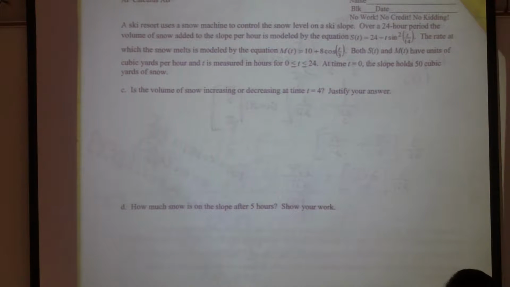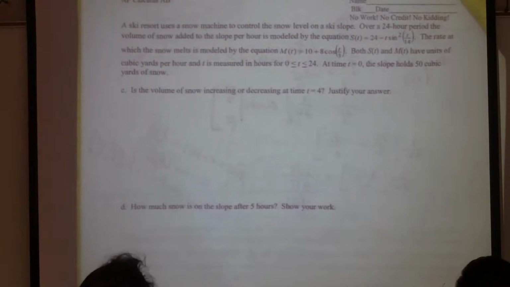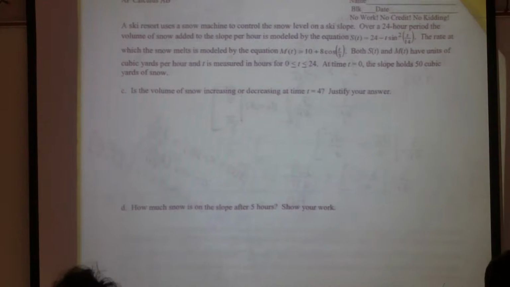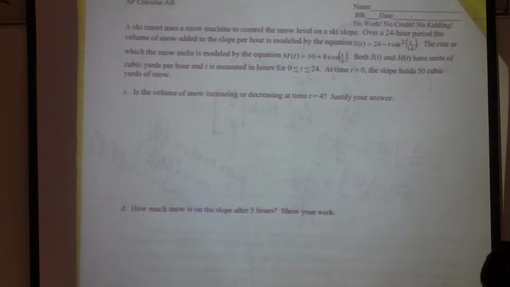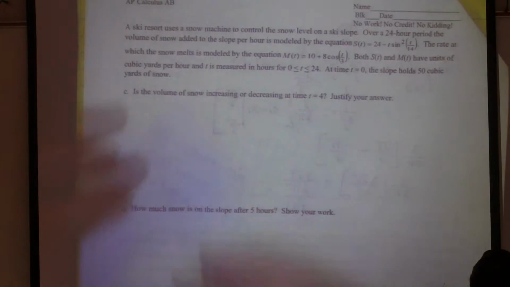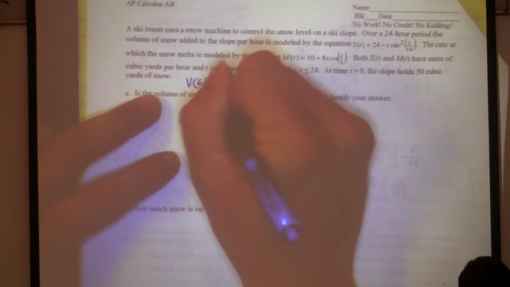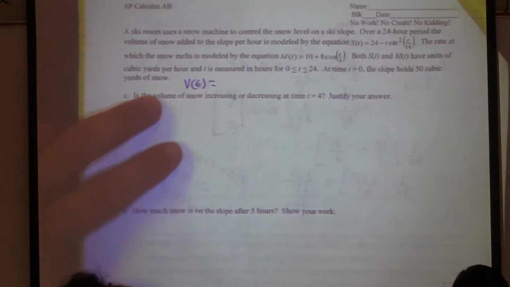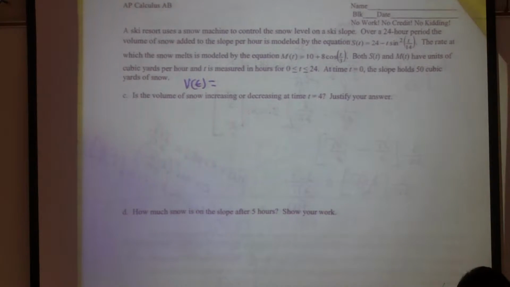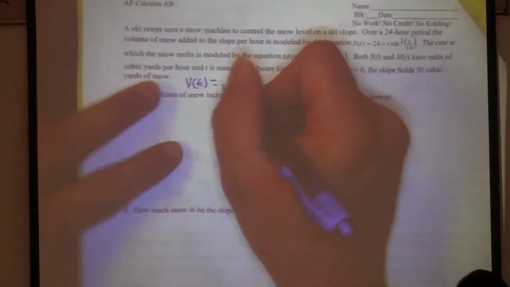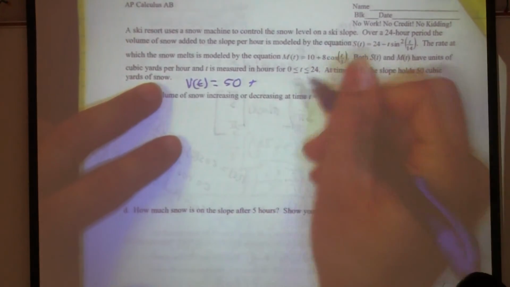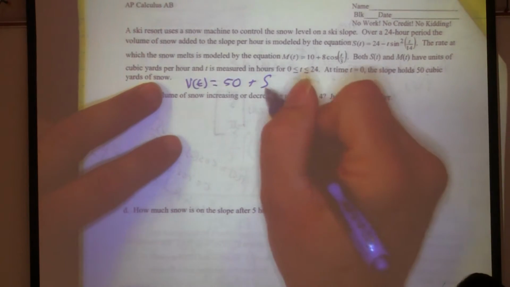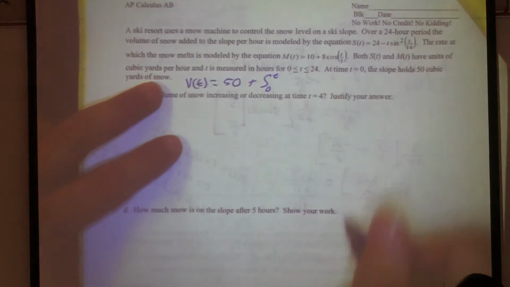Do I have that? No, we can make one. Okay, what would be the formula for the volume of snow on the ski slope at any given time? What do we call it? Let's call it V of T. It equals the volume at any time. 50 plus 50, that's what there was to begin with, plus the integral from 0 to t of s of t